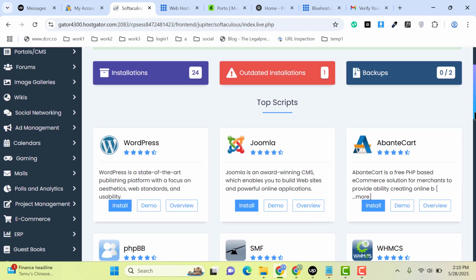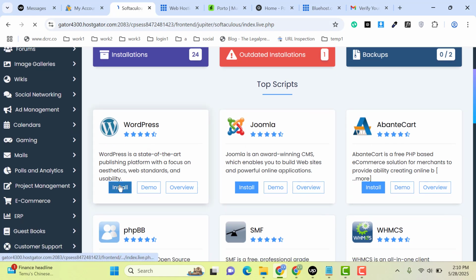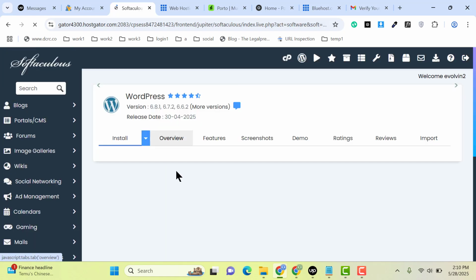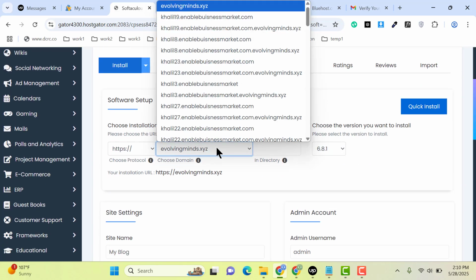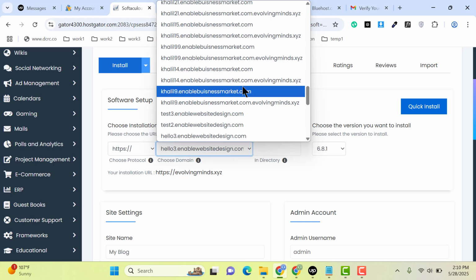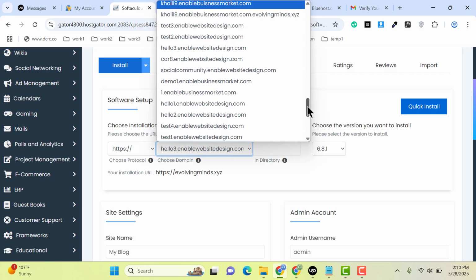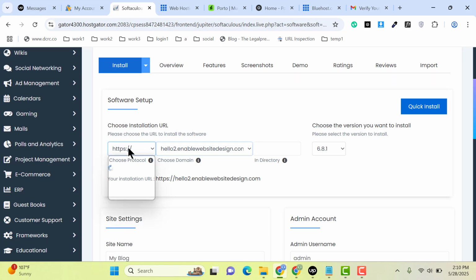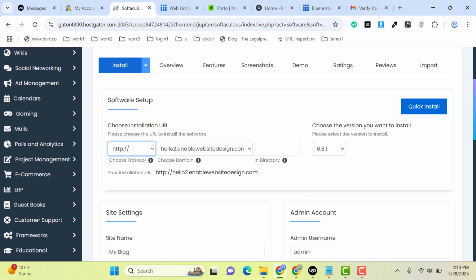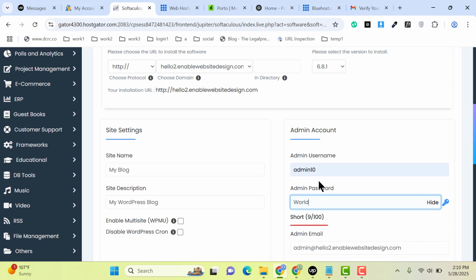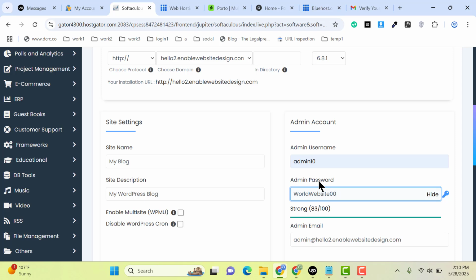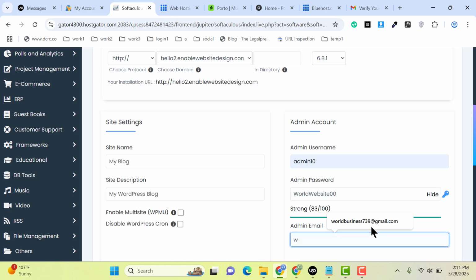Scroll down and here you can see these are different platforms that you can easily install within a single click. So now we want to install WordPress. Scroll down and here select a domain where you want to install WordPress. Let me select this one, then HTTP, then add here login details, then add email,